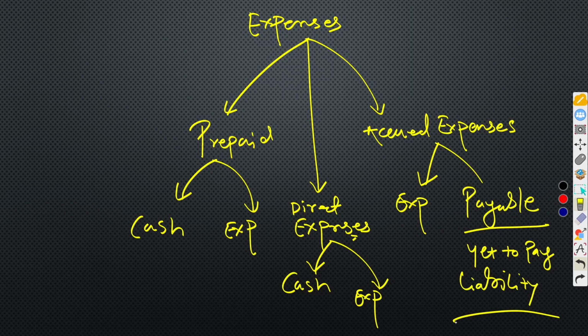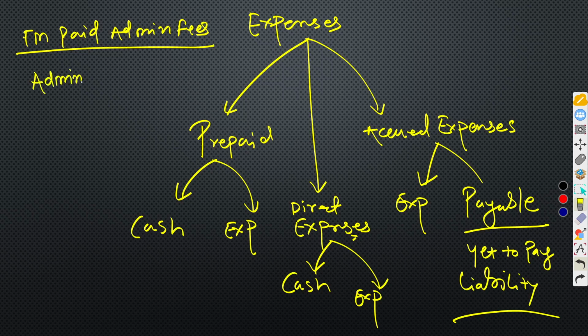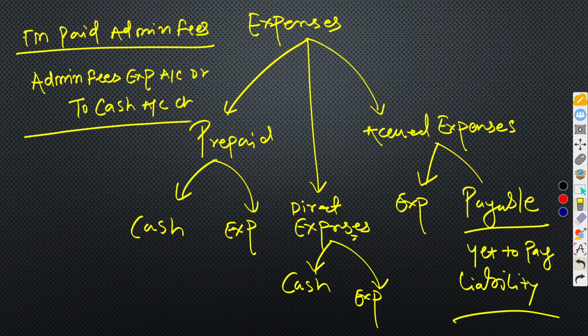So if you want to record expenses, as I said, there would be only these situations. For example, let's say the fund manager paid admin fees. It's an on-the-spot expense. Assume admin fees. Your accounting entry would be: admin fees expense account debit, to cash account credit. Why? Because in the prepaid case, cash will go out,